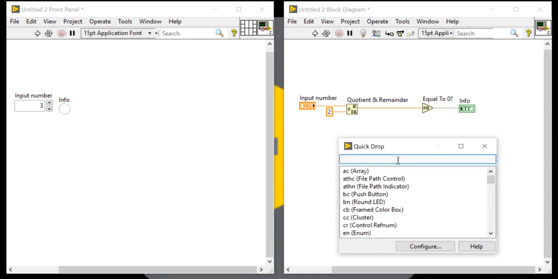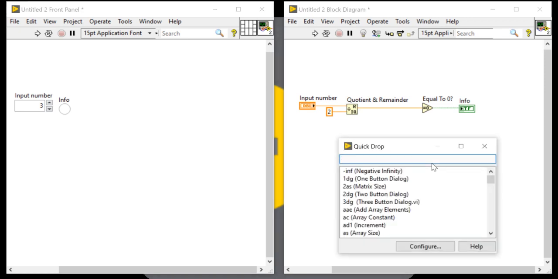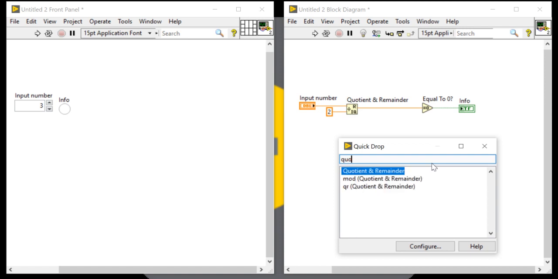Whenever you press Ctrl and space, you will get quick drop. Now search quotient and remainder. Are you getting this quotient and remainder?